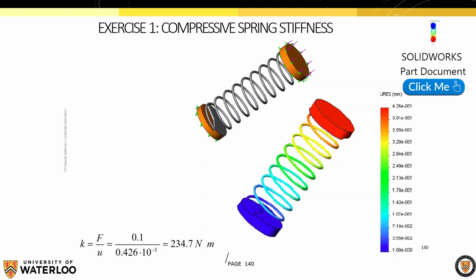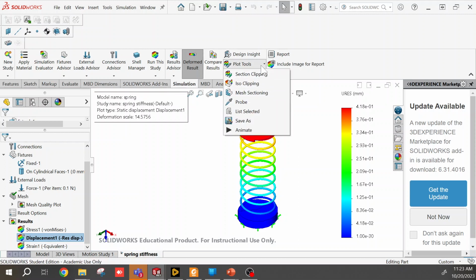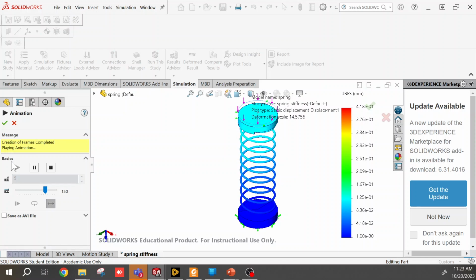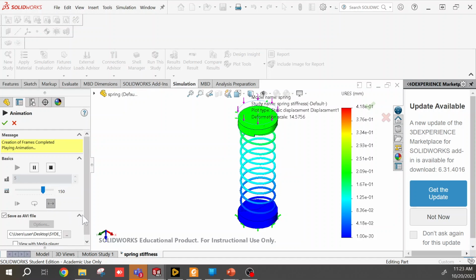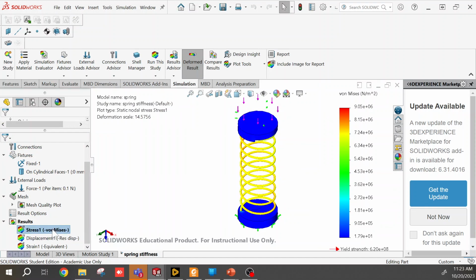newtons per meter. So we'll go back to SolidWorks and we'll look through a few more things here. A lot of what people like to do in a simulation, if you go to plot tools here, you can actually animate this, and this gives you the nice deformation. You can change the amount of steps that are here. You can change the speed. You can even save it as a video. So you save it as an AVI file here. So that's an example. The other thing that people might think, oh, well, the stress of this inside